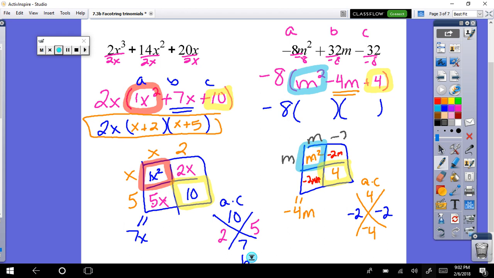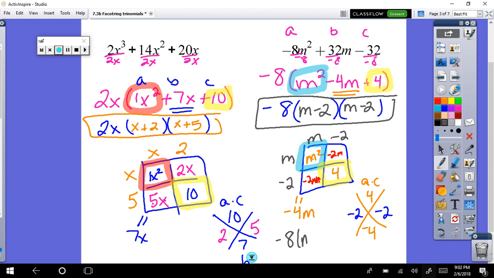Then m times negative 2 is negative 2m, and m times negative 2 is negative 2m again. So this one factors to m minus 2 and m minus 2. You could write that as negative 8 times m minus 2 squared. It can be written like that as well, but